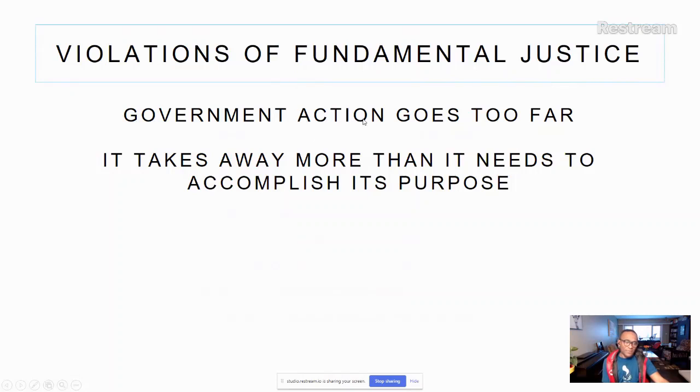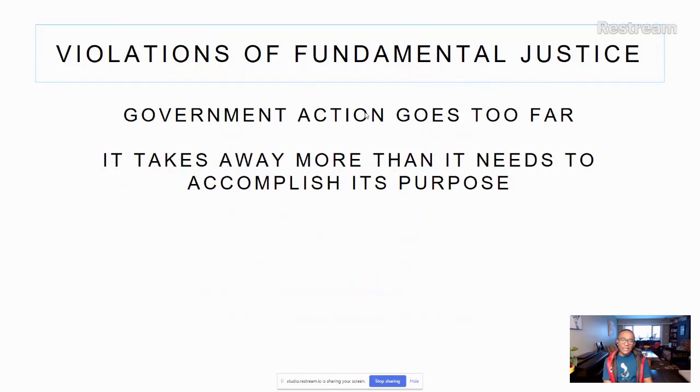A second way that the government action can violate fundamental justice is if the action goes too far. So they've bitten off more than they can chew. The law takes away more of your rights than it needs to accomplish its purpose. And this is important. If the government is trying to take away your right to life, liberty, and personal security, the government has to be measured in the way they approach this. If they design the scheme in such a way that it's just gone too far,